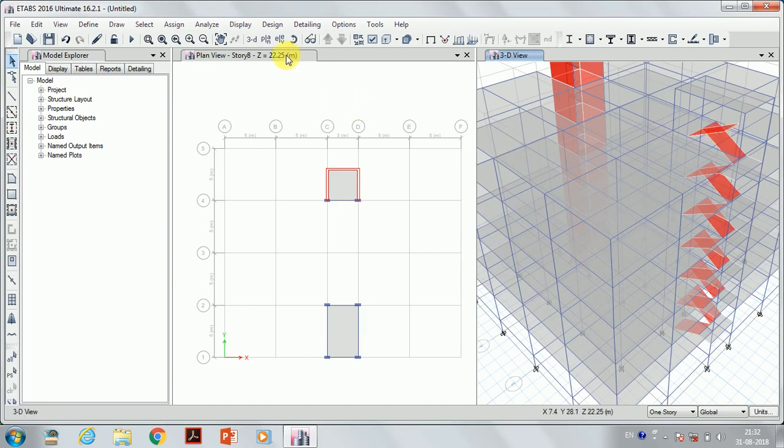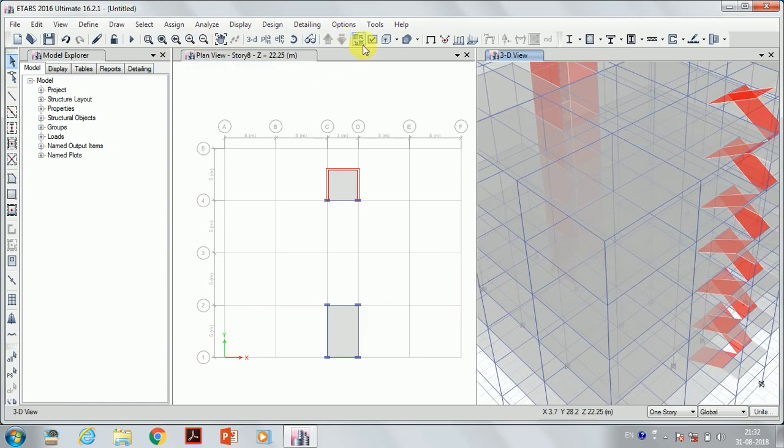So see, the portion is not being deleted, so I am going to zoom it out. It is very necessary to do accurate work. So now selected and delete. So now our